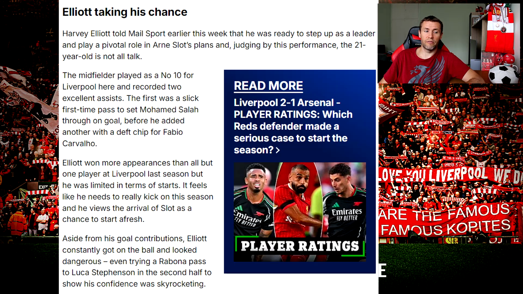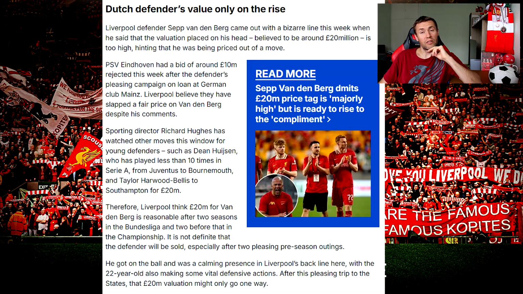He looked dangerous, even trying a Rabona pass to Lucas Stevenson in the second half to show his confidence was skyrocketing. And Sepp van den Berg also was pretty impressive today. It was a nonchalant, very professional performance. Kwanzaa shone brighter than Sepp van den Berg. And I can understand why Van den Berg maybe wants to move on, because he is now 4th choice centre-back